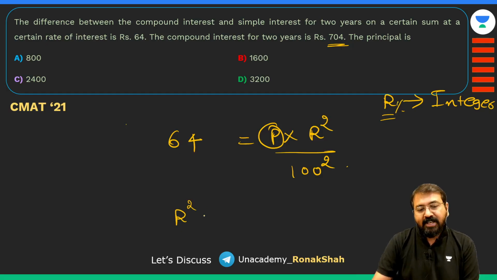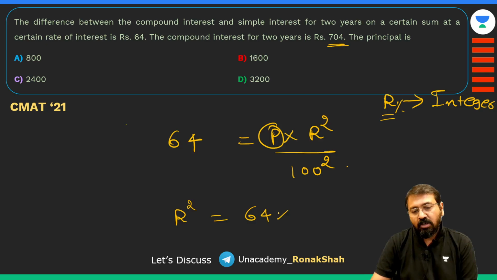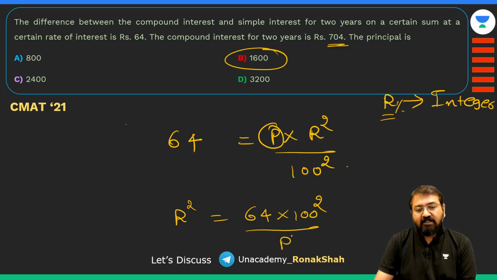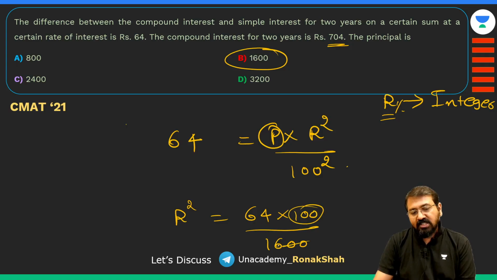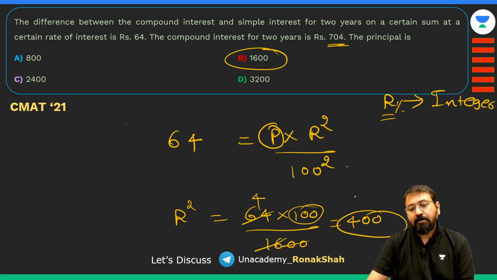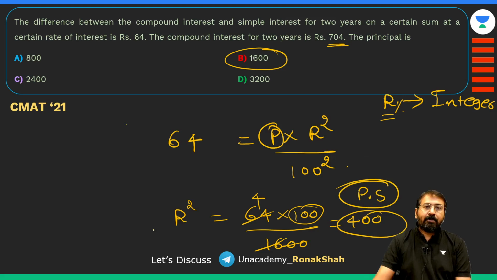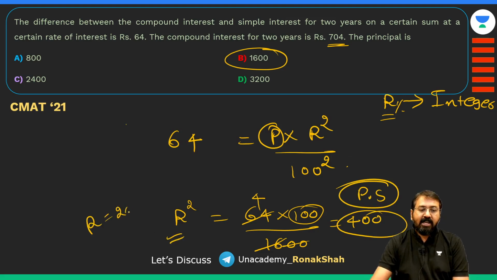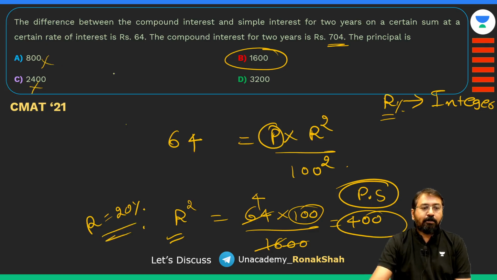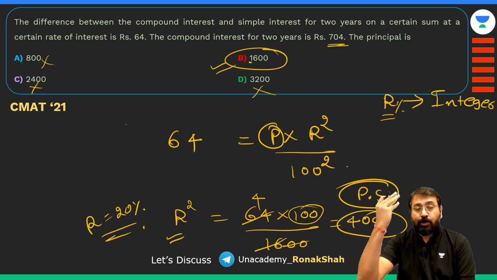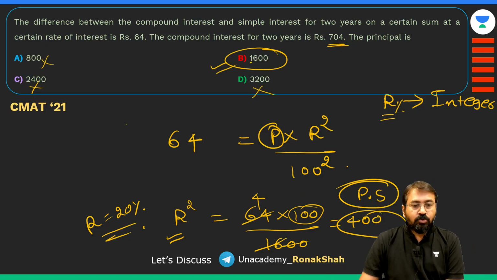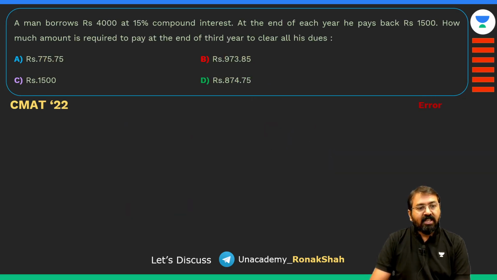स्क्वायर को एक परफेक्ट स्क्वायर नंबर बनाना है, तो r स्क्वायर क्या होगा, 64 इंटू 100 स्क्वायर डिवाइड बाई p। और अगर मैं यहाँ पे p का वैल्यू 1600 लेता हूं तो देखो क्या होगा, 100 कैंसिल हो जाएगा। अब यहाँ पे 100 बचा और नीचे 16 बचा, तो 16 में 4 चला जाएगा, आपको 400 मिल जाएगा, which is a perfect square number। सिर्फ यहाँ पे ही आपको परफेक्ट स्क्वायर नंबर मिल रहा है कि r आपका 20% आएगा, बाकी और कोई वैल्यू के लिए आपको परफेक्ट स्क्वायर नंबर नहीं मिलेगा। तो आप ऐसे भी क्वेश्चन को कर सकते हो। उम्मीद करता हूँ आपने ये समझ लिया होगा दोस्तों।